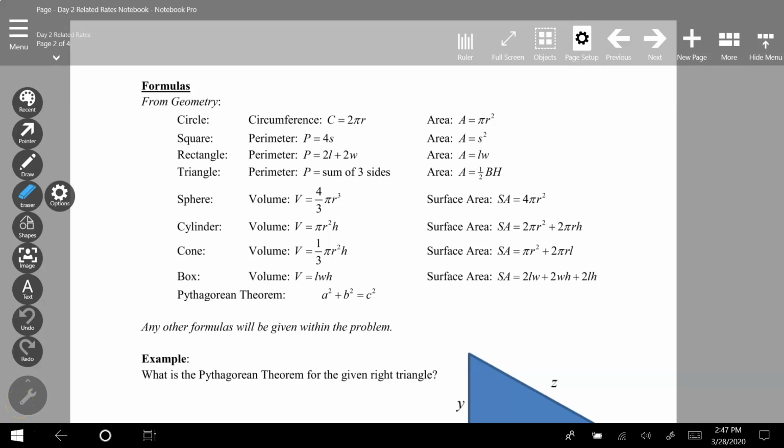Okay, the next page. We're going to use a lot of geometry in this section, a lot of applications that have geometrical approaches. So here are a lot of formulas from geometry between area, volume, and other things. If you're unsure, if there's a weird type of problem, I'll probably give you the formula inside the problem. So I wouldn't worry too hard about the formulas. So let's go through an example